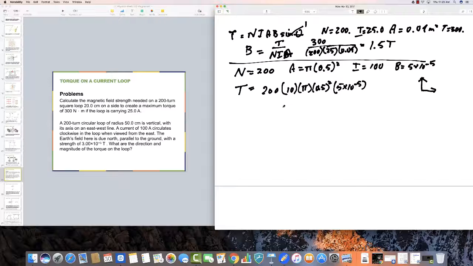And if you do the math here, you get 0.47 Newton meters as a maximum. And if this is this way and this is that way, then if you point, actually a positive charge would cause it to go into the surface. So the fact that this is a negative direction, then it's going to come out of